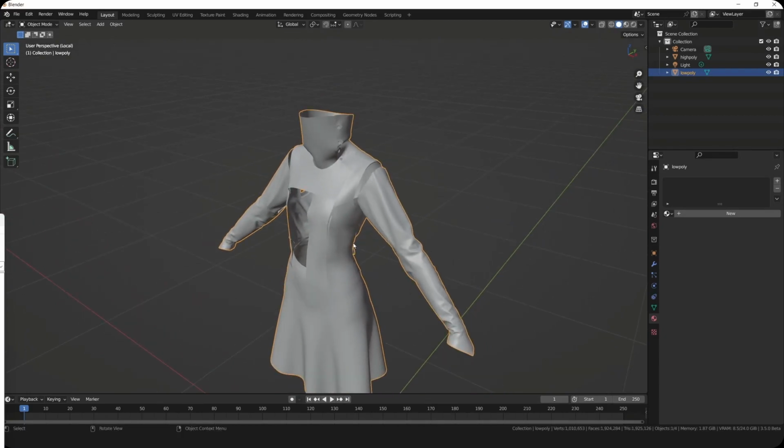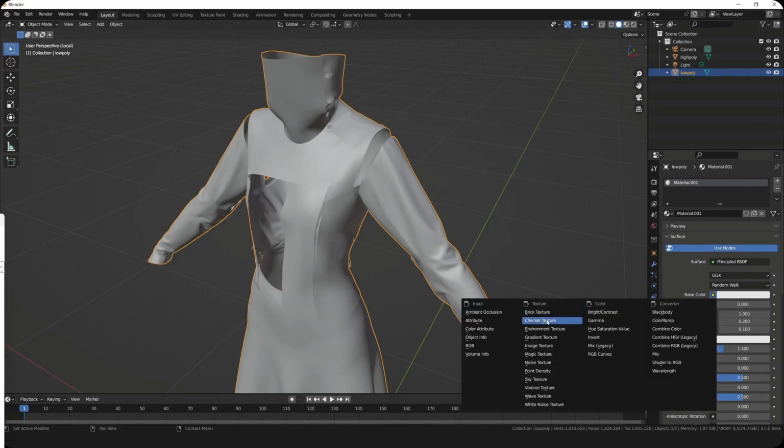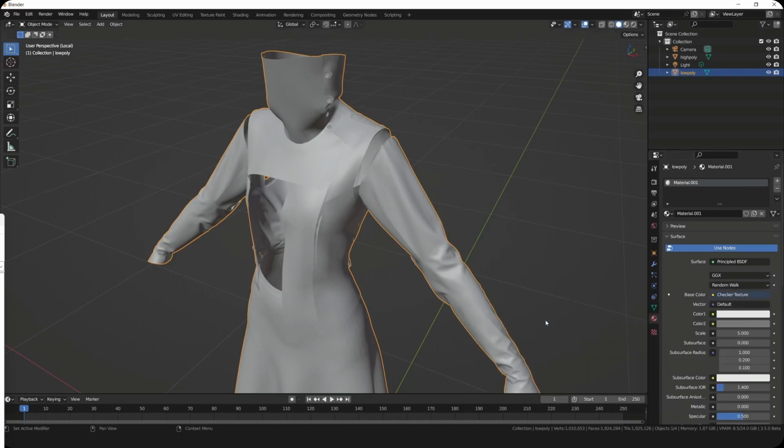For the low poly, I'm just going to go ahead and create a checker texture that we can already apply to it. Let's click on new, and we now have a new material that is applied to our low poly mesh. And to create a checker, where it says base color and we have a little yellow dot, let's click on that. Select checker texture. And afterward, this checker texture right now does not actually use the UVs. This is actually using some type of